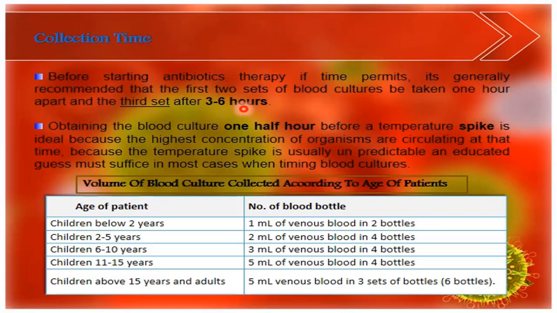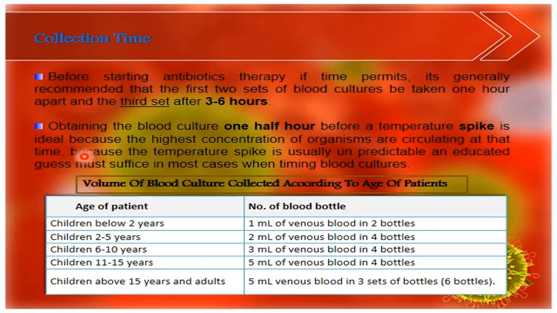The first 2 sets of blood culture should be taken 1 hour apart, between one hour and another, and the third set after 3 to 6 hours to increase the chance of detecting a true positive culture. Obtaining the blood culture half an hour before a temperature spike is ideal, because the highest concentration of organisms is circulating